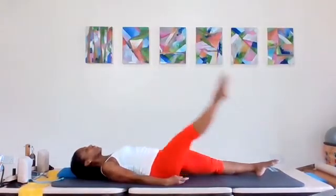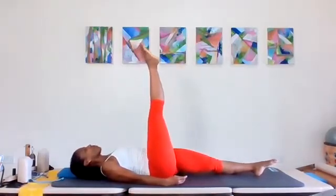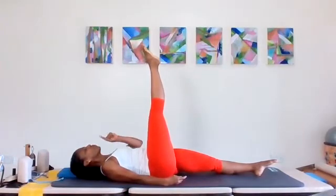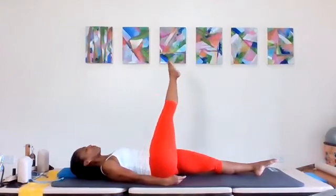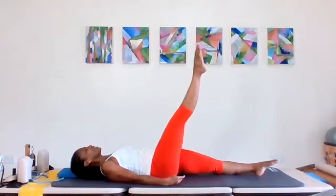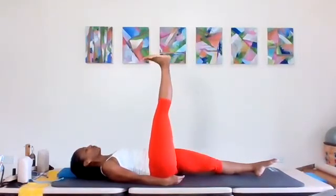And for 2. And up. And for 3, up, and 4, hold it there, slow and small, small for 4, same direction, and for 3, and for 2, zip up the waist, and for 1, hold it to the top, flex the foot, big ones